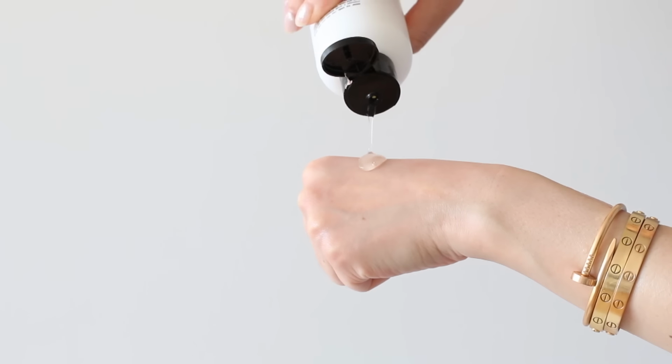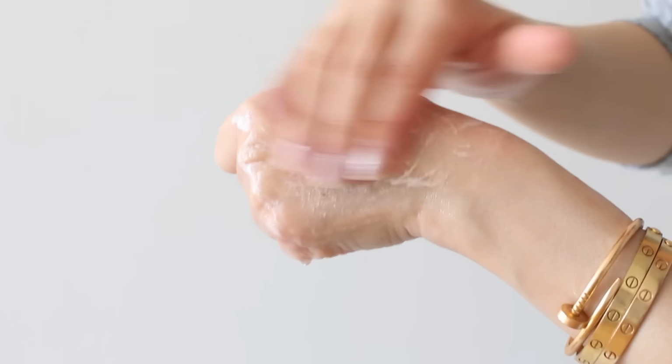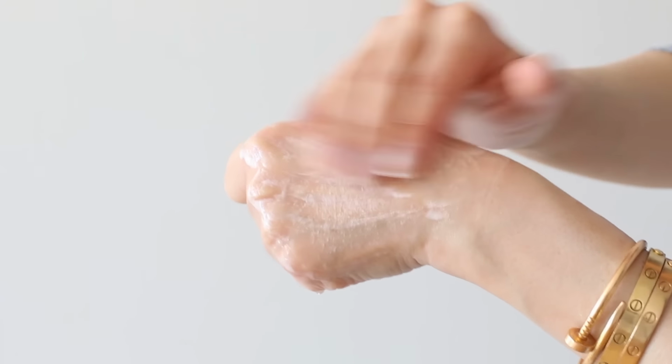This creates a slight foam. It uses coconut-derived surfactants, so no sulfates, nothing stripping. In fact, after I use this, my skin does not feel dry. This also has anti-inflammatory ingredients. It's also got the zinc PCA, but also 0.5% allantoin to really soothe the skin as you cleanse it. I feel this does a great job of excavating those pores. I don't feel like it resurfaces though. I don't think in this cleanser the salicylic acid functions in that way,